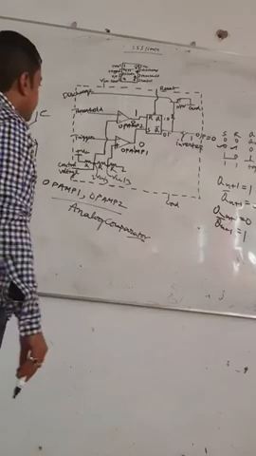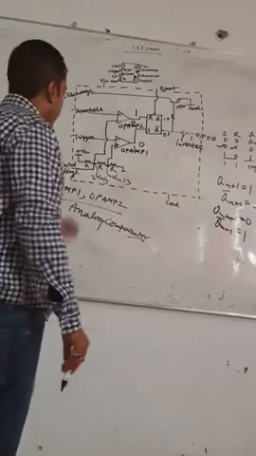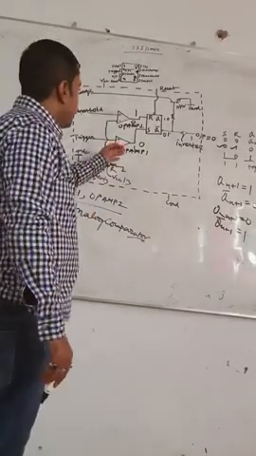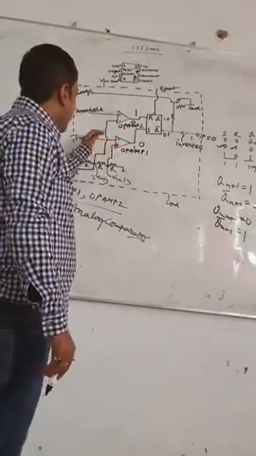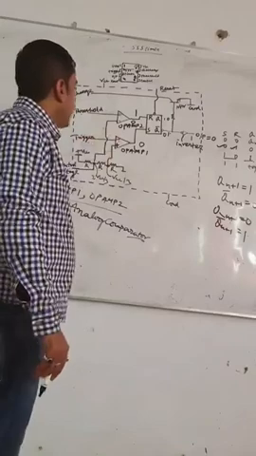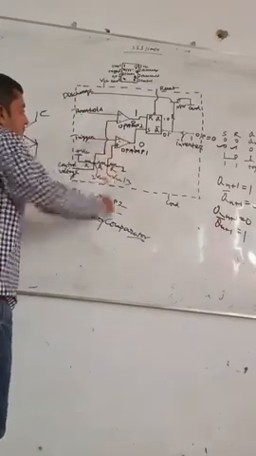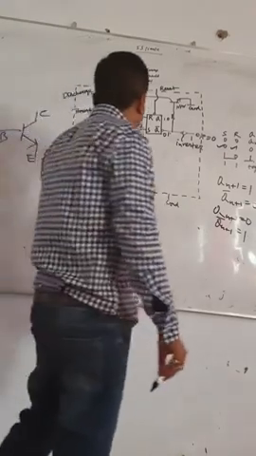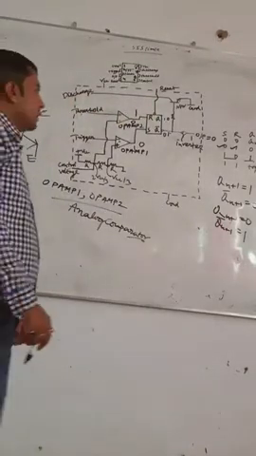Once the discharging starts through the discharging capacitor, the control voltage will start reducing again. When it reaches VCC by 3, there will be a comparison again between the trigger voltage and the voltage at the non-inverting terminal. This is the inverting terminal, this is the non-inverting terminal. So the cycle will repeat again.